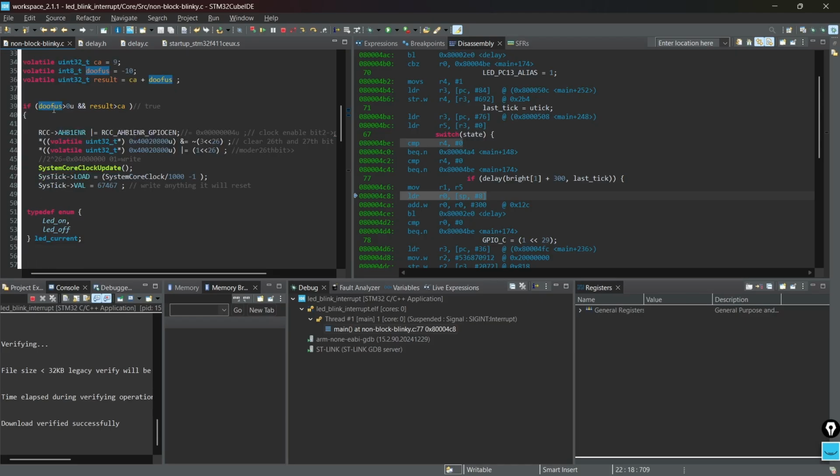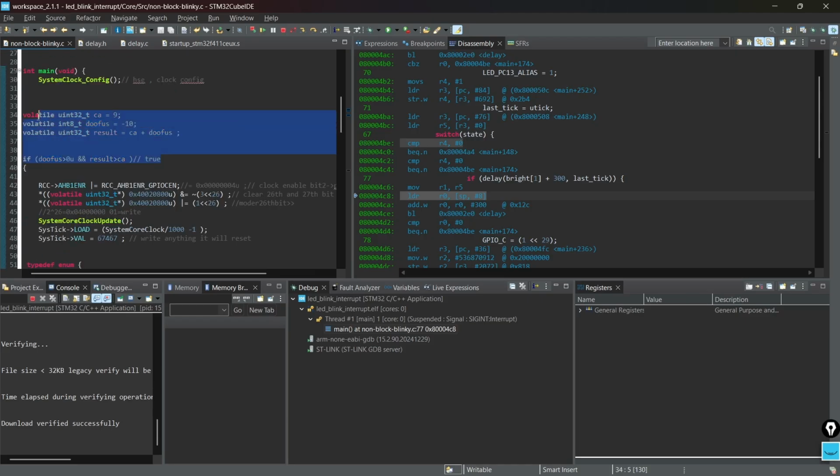Now this is a simple integer trick. Here result is unsigned 32-bit, CA is unsigned 32, and -10 is signed. So what happens is, there's an order to it.